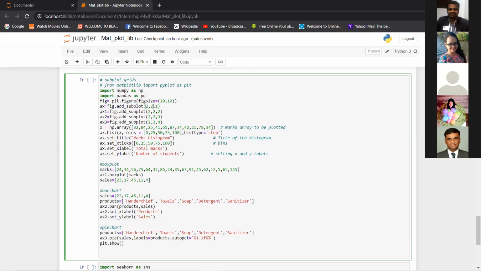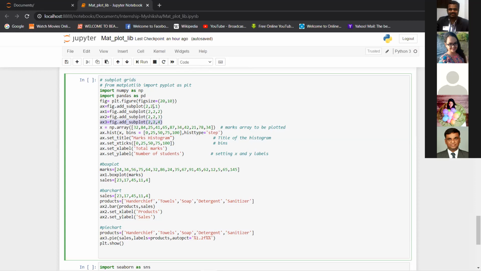And if you see the four subplots, the AX object is going to show me the first chart, and then the second one. You see this last value is changing: 1, 2, 3, 4. Based on these values, the plots will get placed in the figure.